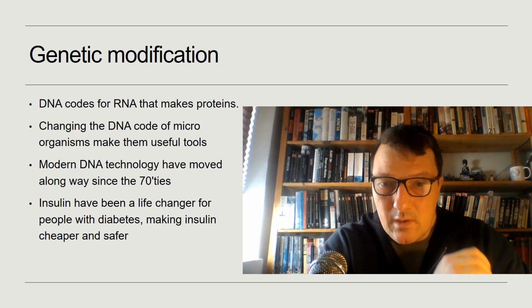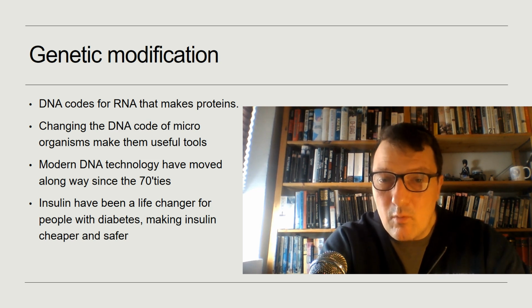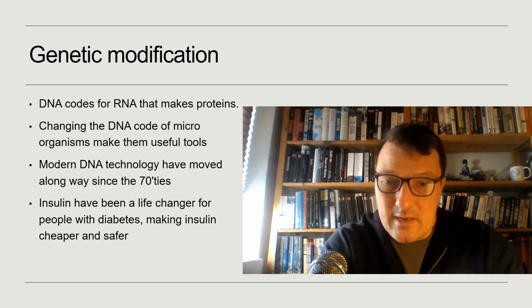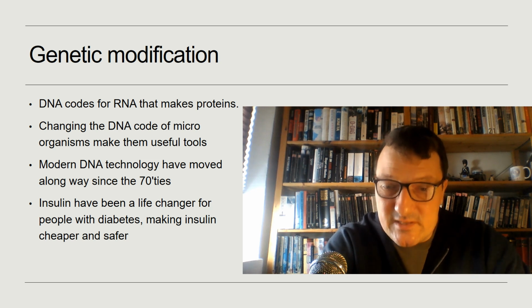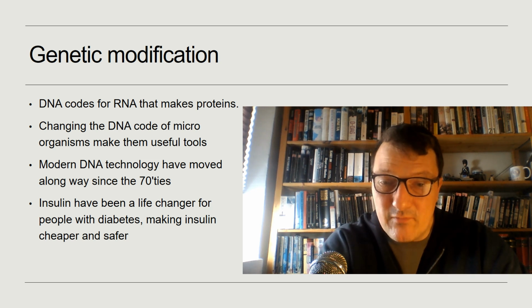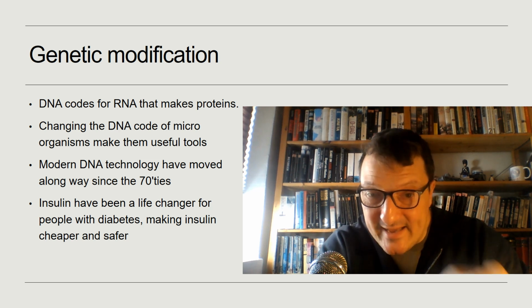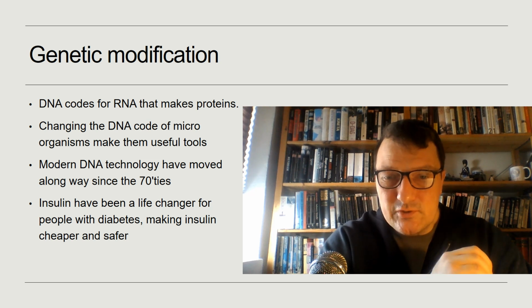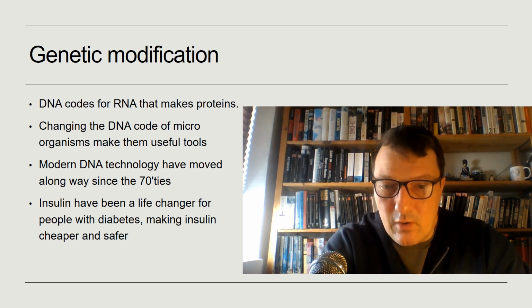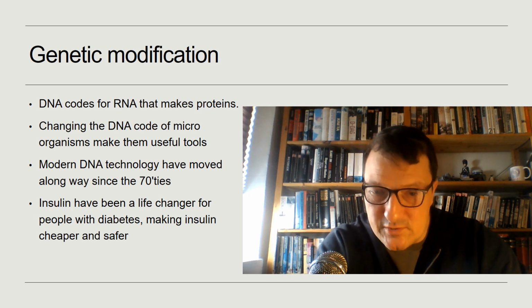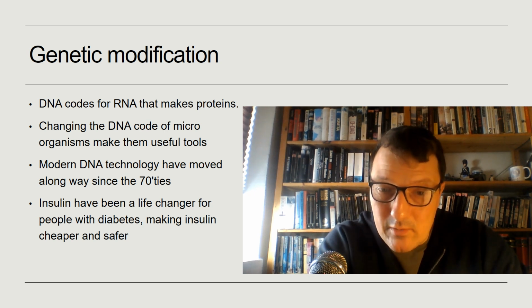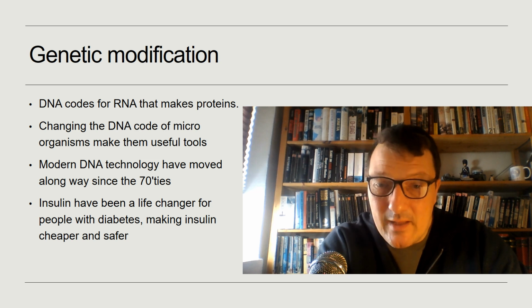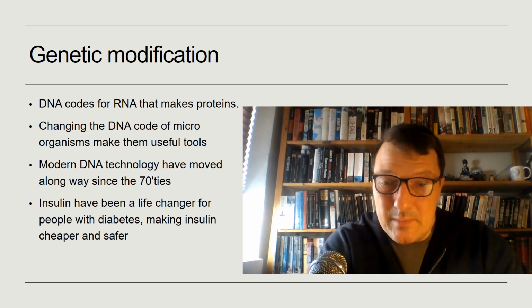For example, before genetic engineering, people with diabetes 1 need insulin to survive. And before we were able to make this with microorganisms, you had to take it from, for example, dead pigs. And that was expensive, it was less safe. But when we're able to make, for example, a bacteria or yeast make insulin for us, we can make it in a large amount, we can make it cheap, and we can make it safely. And that has been a huge relief for people with a disease like diabetes